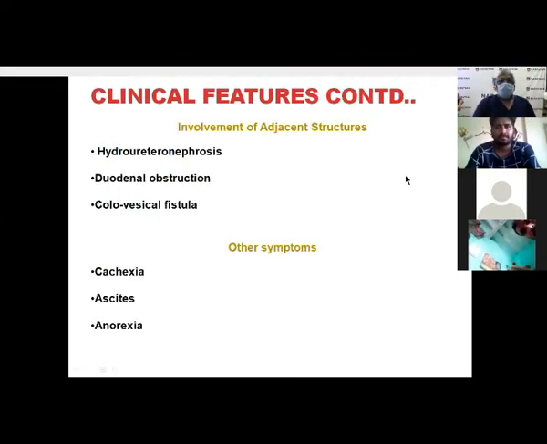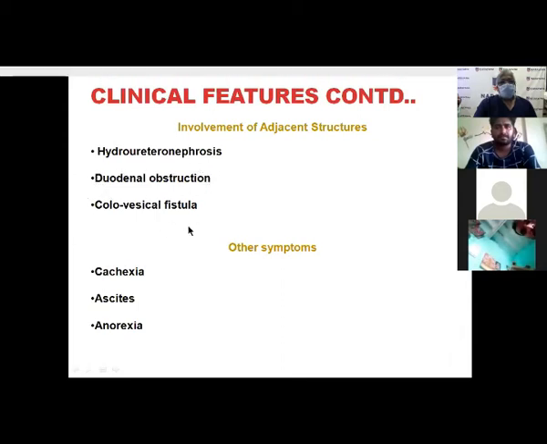What are other things? If it involves the ureter, the patient may go in for a hydronephrosis. It may be silent, which will be visible only on the CT scan. If it is on the right side, it is infiltrating or obstructing the lateral wall of the duodenum in the second part, because you know the anterior and lateral relationship is the stomach, hepatic flexure and ascending colon. That can cause colonic obstruction.